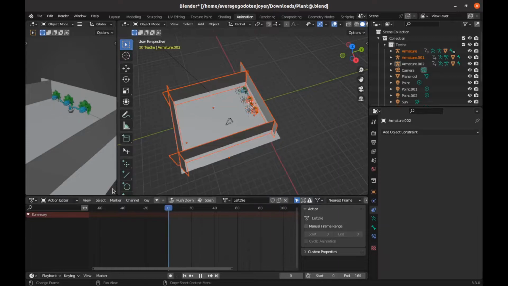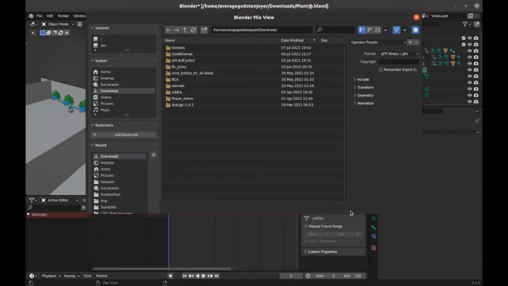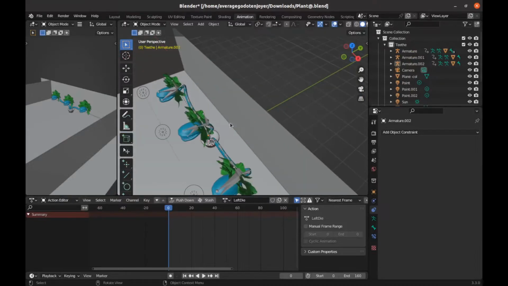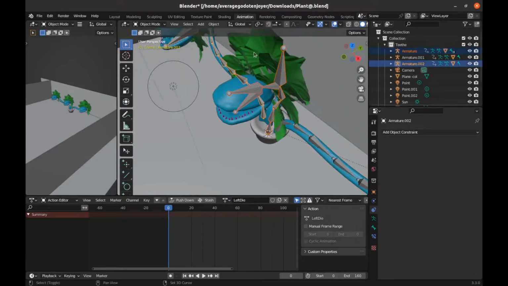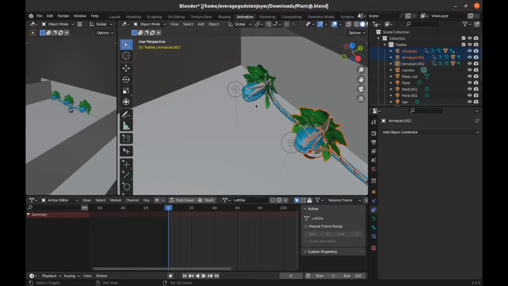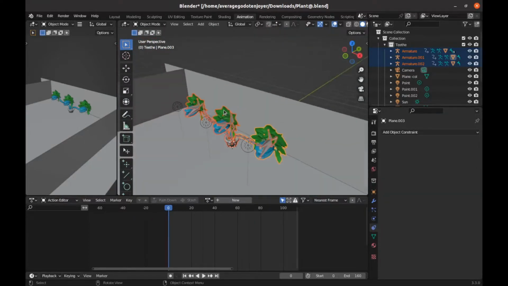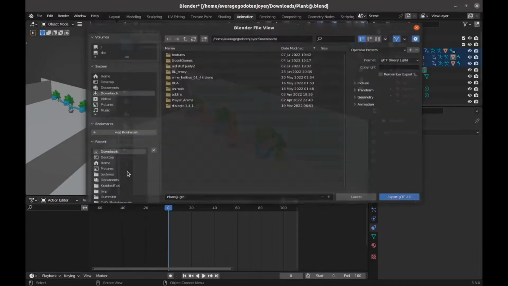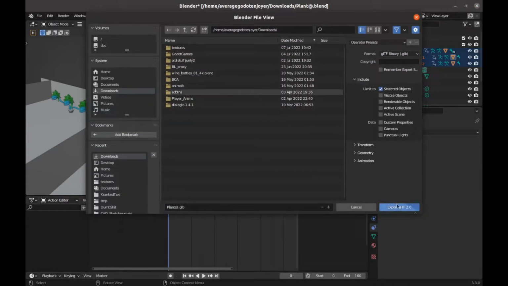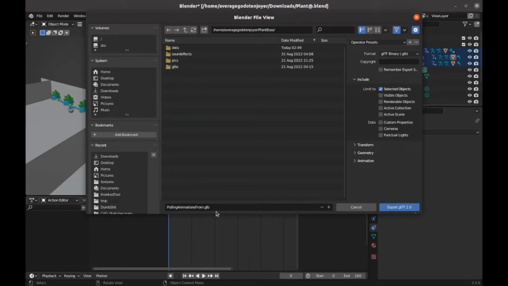So now that we have that, we're going to go File, Export, GLTF. Actually, let's do it this way. Select the armatures and the meshes. Oh, there we go. All right, and then we're going to go File, Export, GLTF, and then include selected objects, and we'll do pulling animations from, and then we need to go to home and plant boss, and we'll just put this in